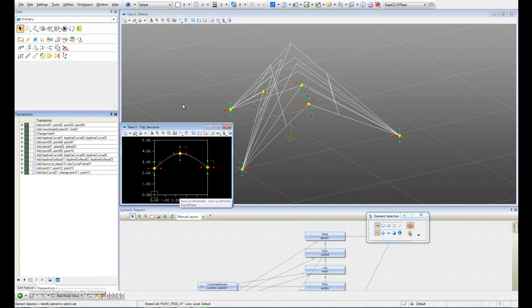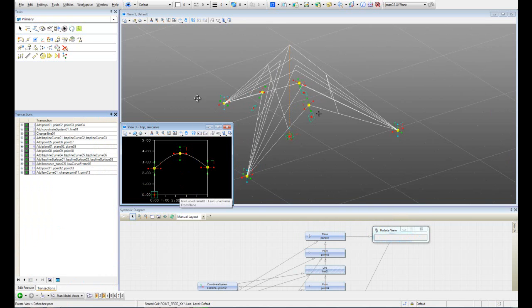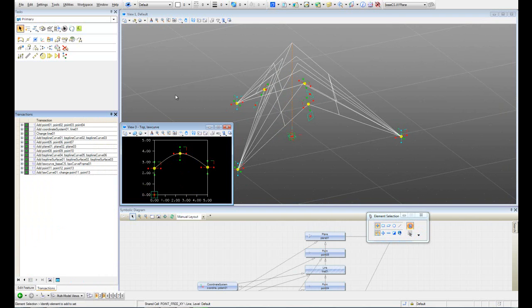So let's save that transaction. So now what we have to do is switch the controls. We have to add the value of this LawCurve into these points, and by doing that, we have to edit the points. So let's go and edit